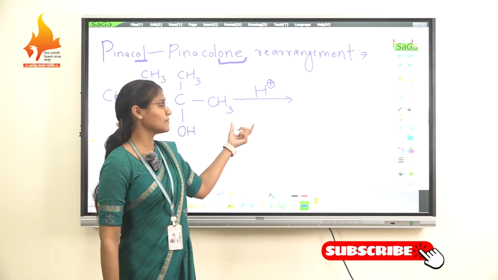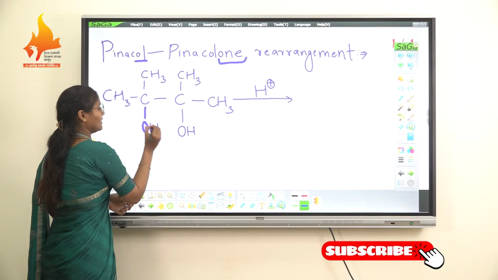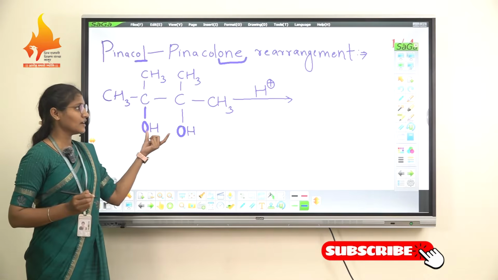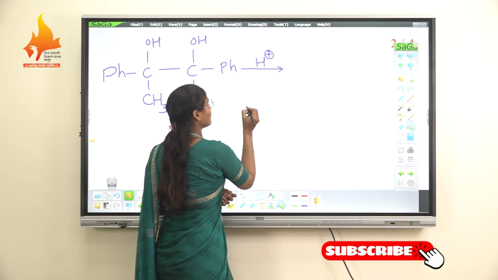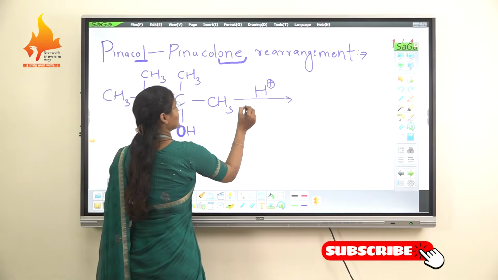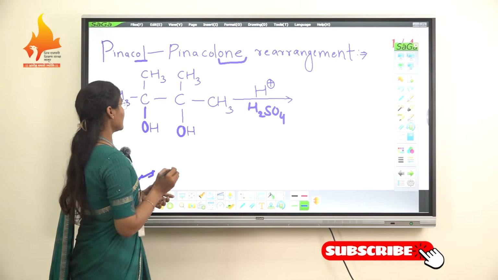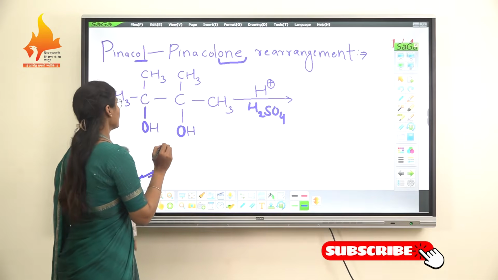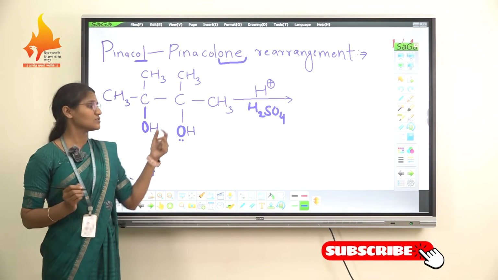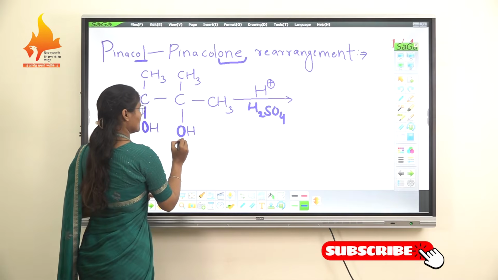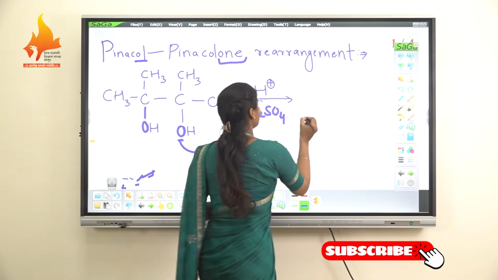So let's see its mechanism. Here I take a vicinal diol, which is treated with H plus, any acid. Suppose we take H2SO4. H2SO4 gives H plus. So the reaction starts with the abstraction of proton. Both OH are in the same environment, so suppose this oxygen lone pair abstracts this proton. So we will get